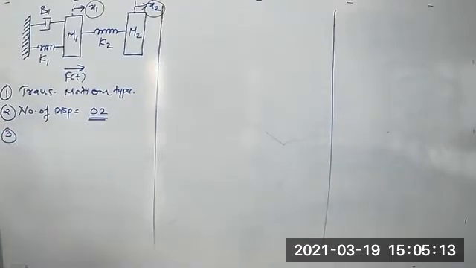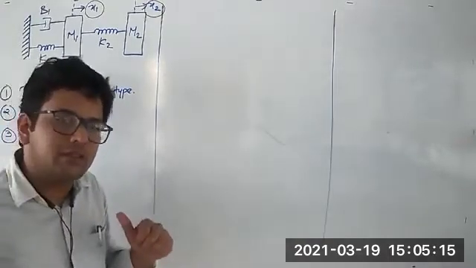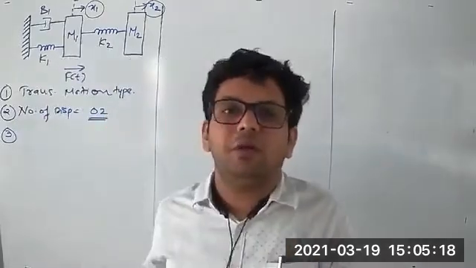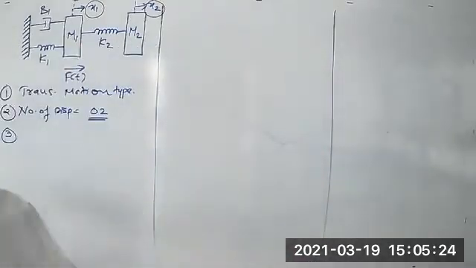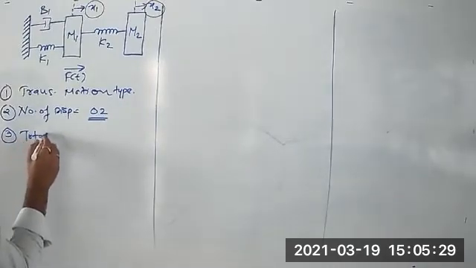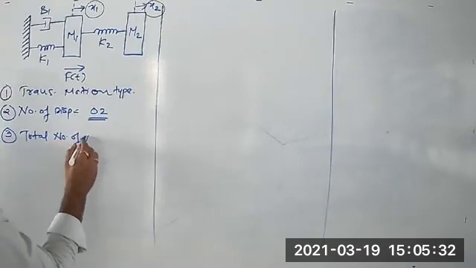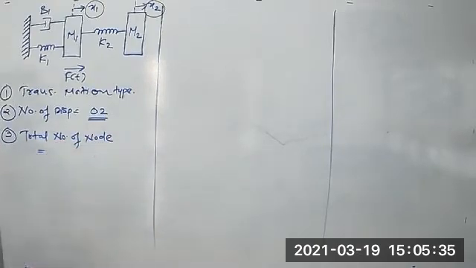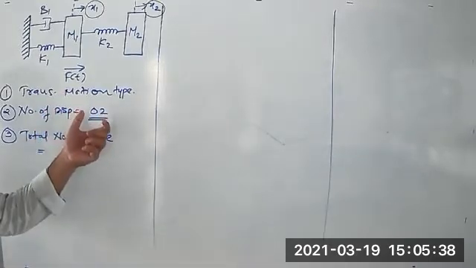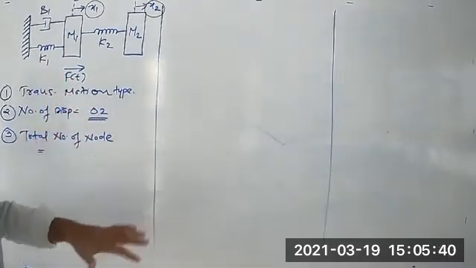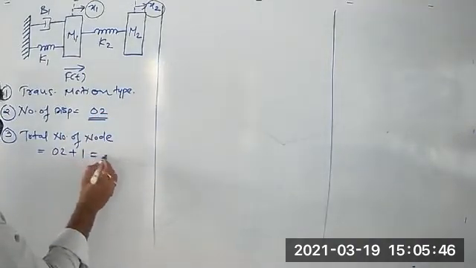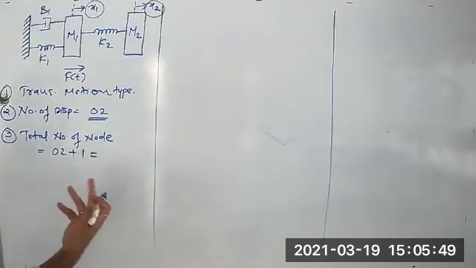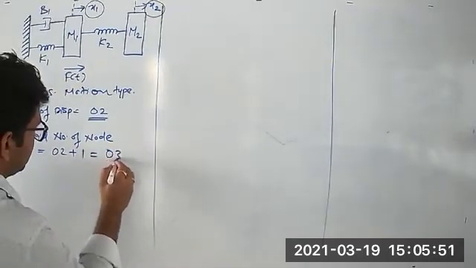Then step number 3, we need to draw the node diagram of the given mechanical system, and to draw the node diagram you should know how many nodes there are in it. To calculate the number of nodes available in the node diagram, we need to apply a simple mathematical formula: the total number of nodes available in the node diagram is the number of displacements available in the given mechanical system plus 1. Here the number of displacements is 2, and to this we need to add one more quantity, which is 1. This one indicates the reference node. So 2 plus 1 is nothing but 3.